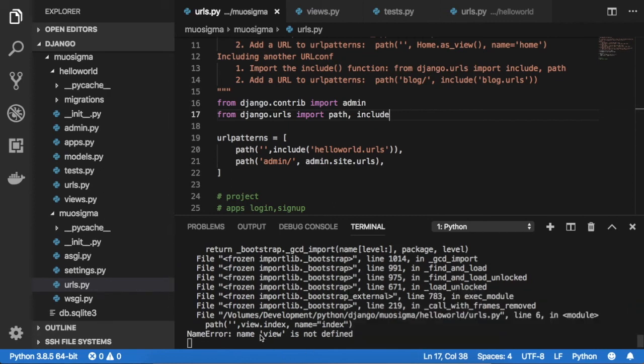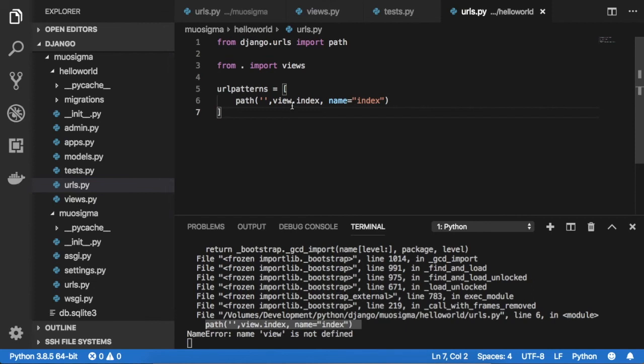So here you can see view is not defined. The path you have mentioned here in the hello world urls.py, the view is not defined. Let me go inside the urls.py, and here you can see view.